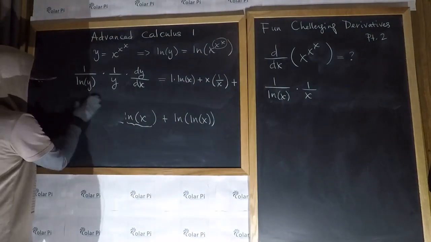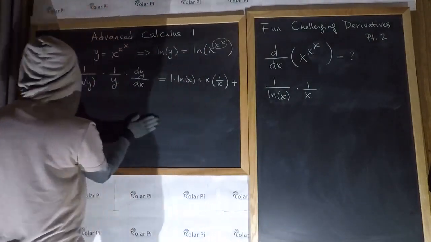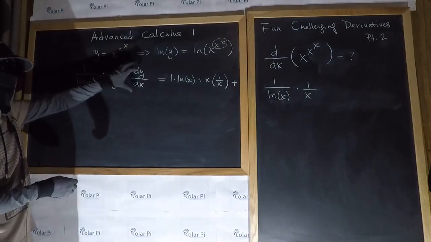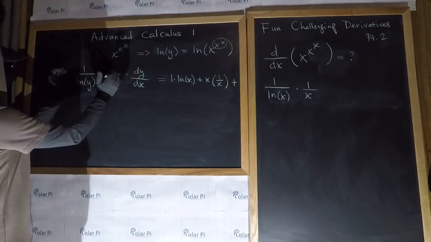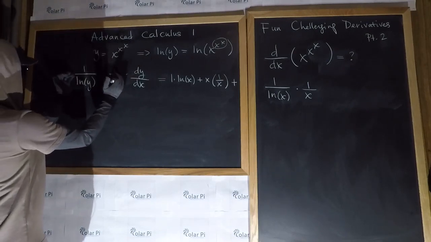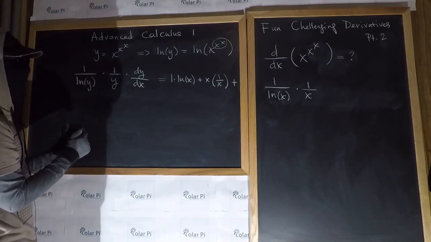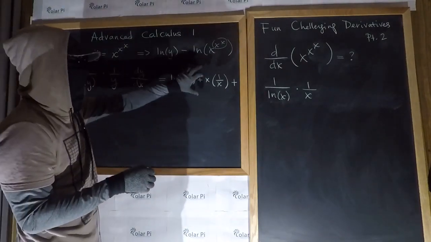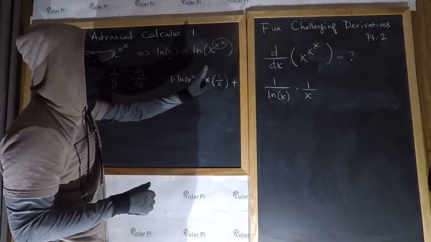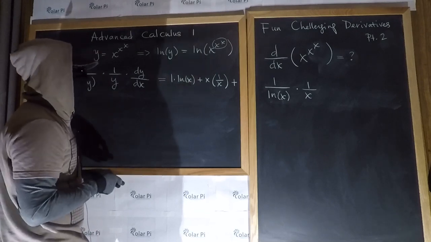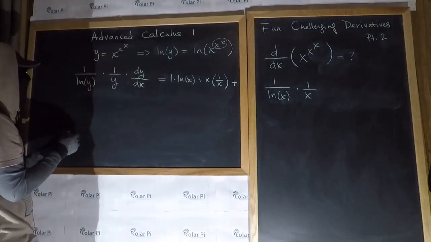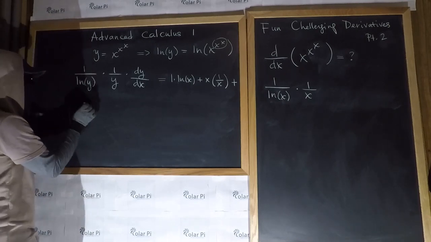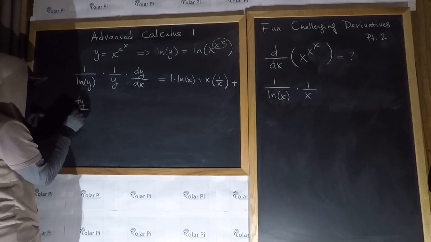Yeah, okay, cool. Now I don't need this anymore, and I'll try to fit it all over here. Okay, so it's clear that to get dy dx by itself, which is what we want, what we need to do is multiply on both sides by the natural log of y times y, right? But first maybe we clean up over here. No, it's fine. We can clean up, meaning turn x times 1 over x into 1 and so on. So we could do that while at the same time multiplying by y times the natural log of y on both sides. So again, we multiply by y times the natural log of y on both sides, and